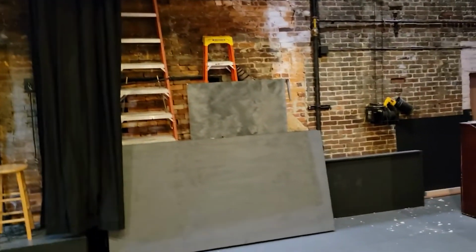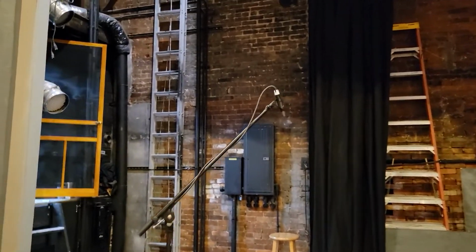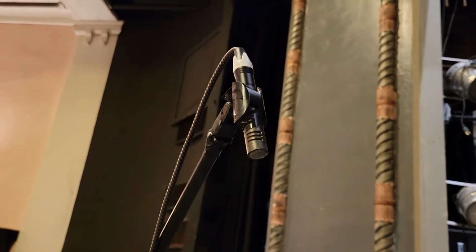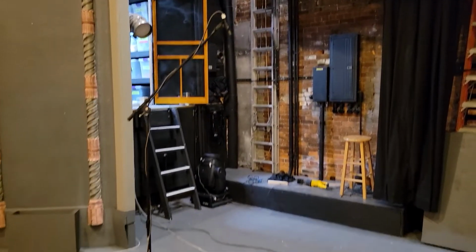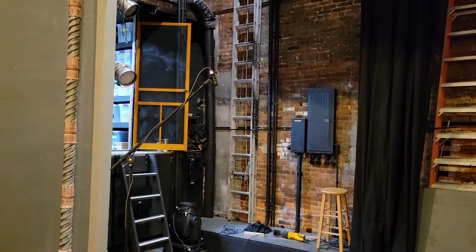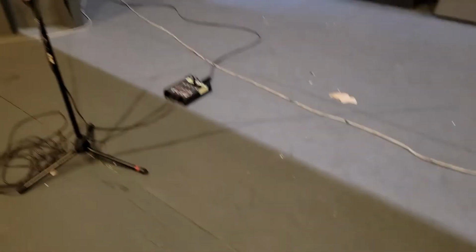And over here on the drums, I talked about how I'm not sure yet how many mics I'm going to use, but at the very least I know I'm going to use this overhead. It's a little bitty mic, but it's designed to be a lot more sensitive, so it can be way up in the air like that and pick up a lot more of the sound below it, which is a double-edged sword in some ways, because it lets you pick up a lot of audio, that's for sure,